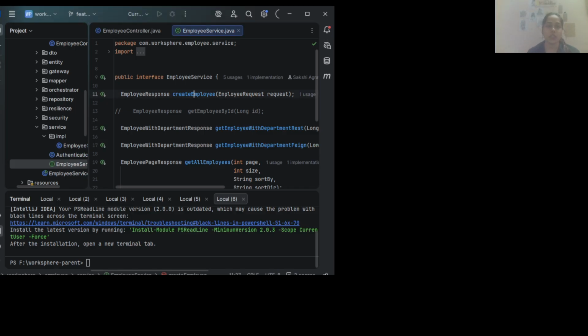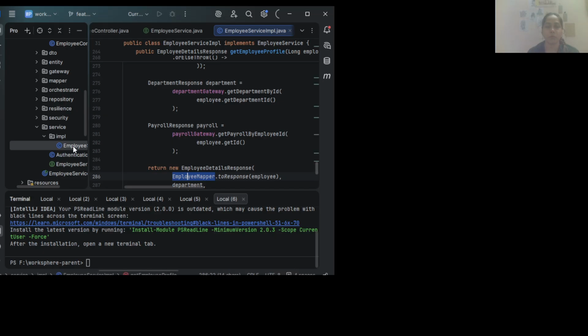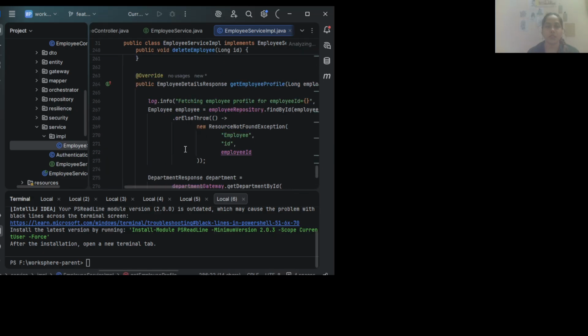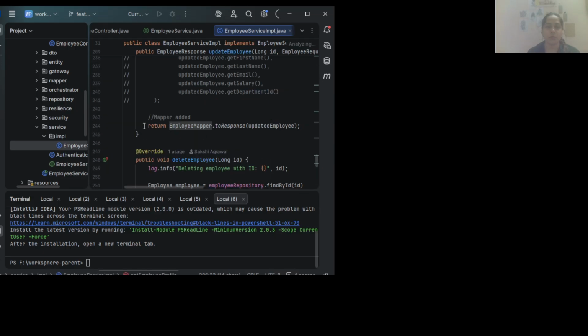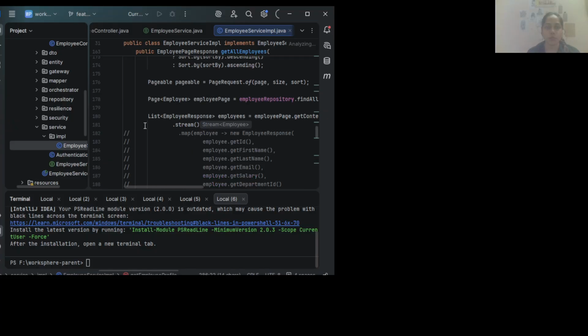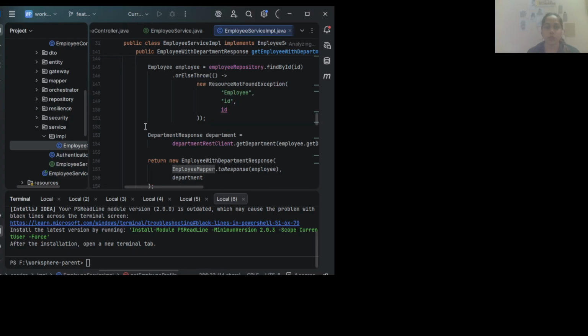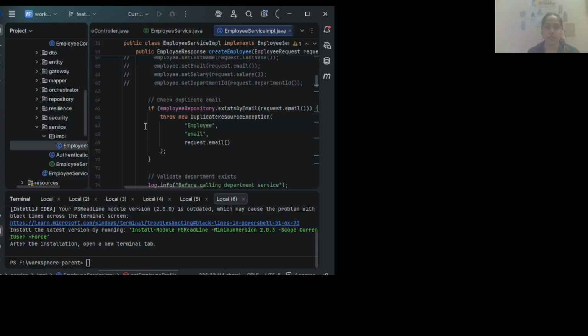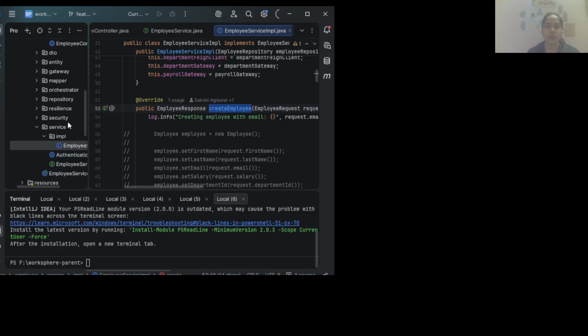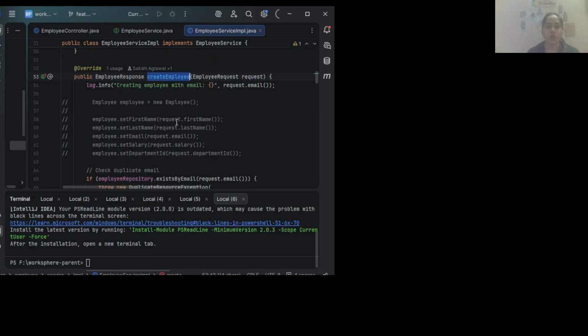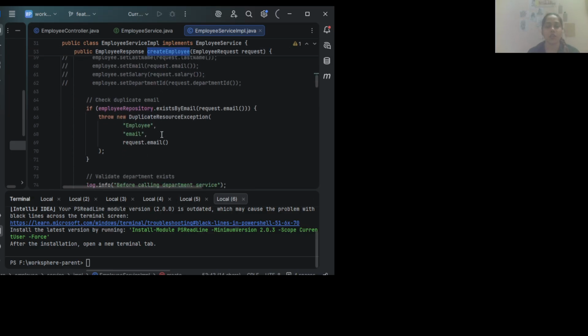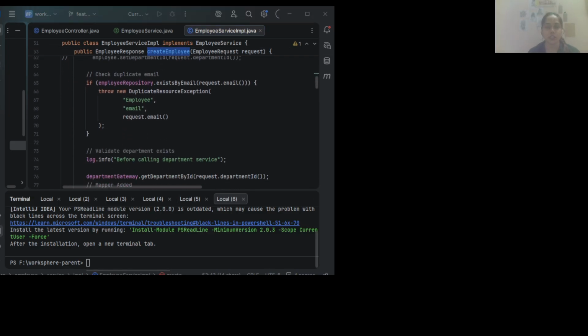Through this interface we implement our own service implementation class. In the service implementation class, we are calling the create method from the controller layer. For now you can skip the coding part, as we will discuss it in upcoming sessions.